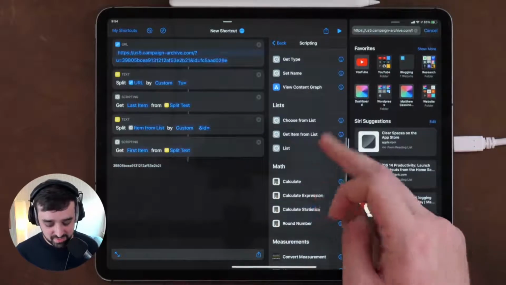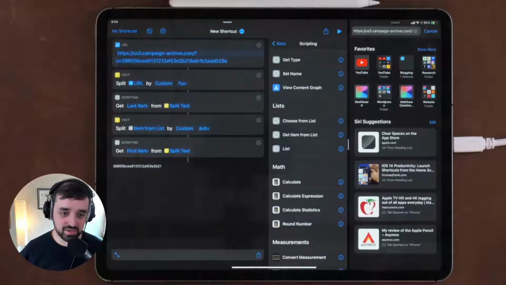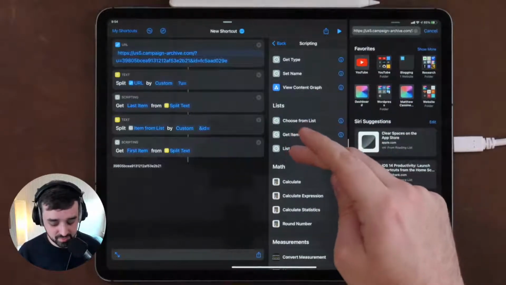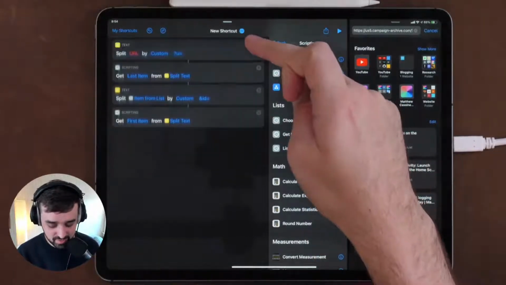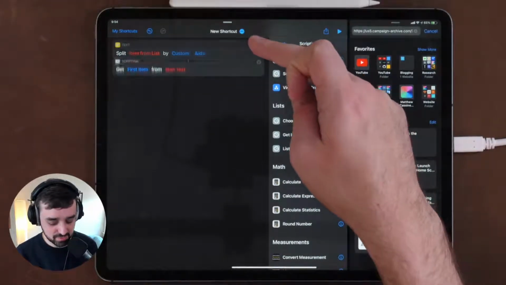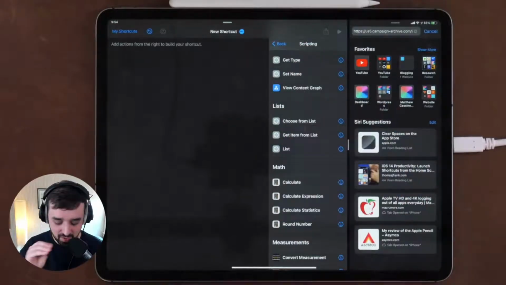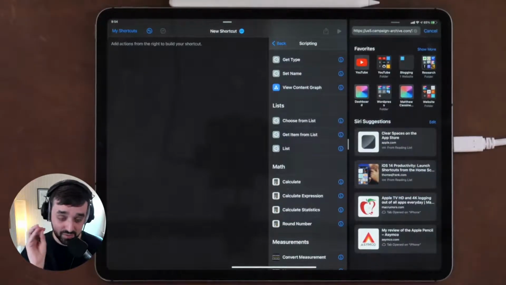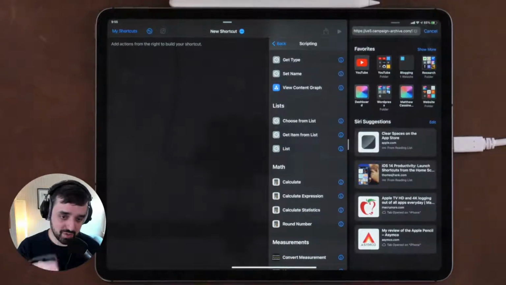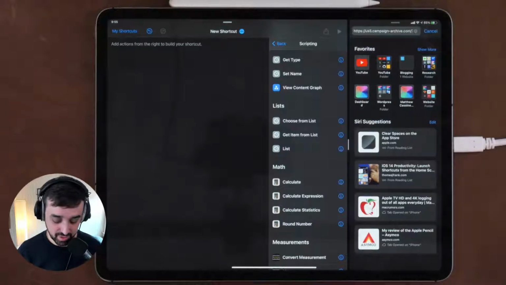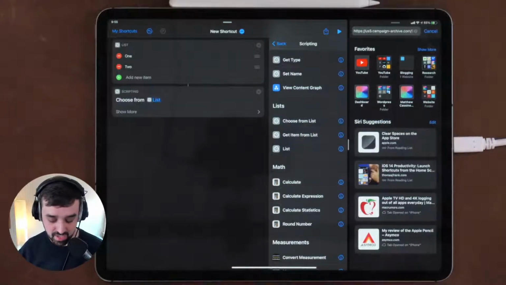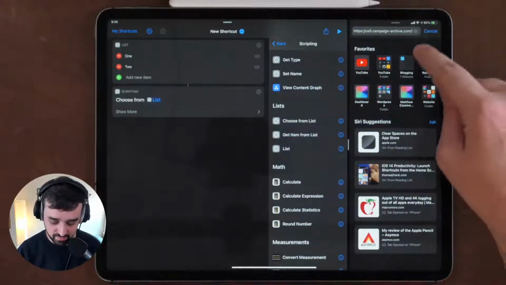So that's the basics of lists. That's a way to, at least you can either generate your own list and kind of pick through things. I use that part. Okay, well, I guess I'll work backwards. Choose from list is the way to just isolate down part of that one list. Get item from list is a way to even just get specific sections in that list, or you could split it all up and chop it and then get just one little isolated part. Using list and choose from list, this is a way that I actually create my shortcuts library for